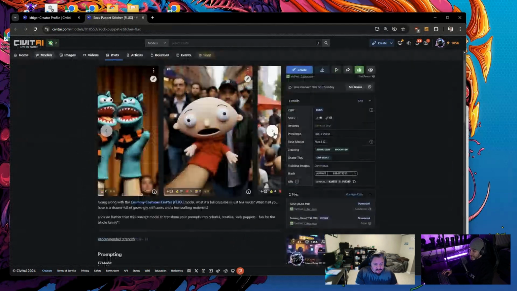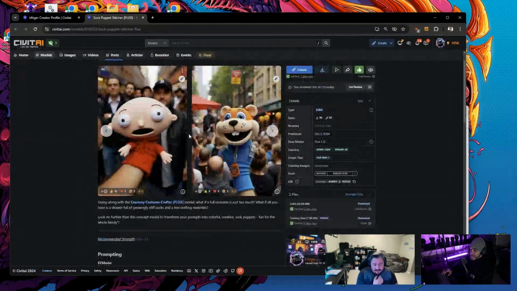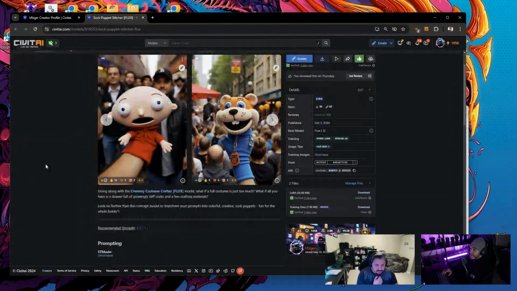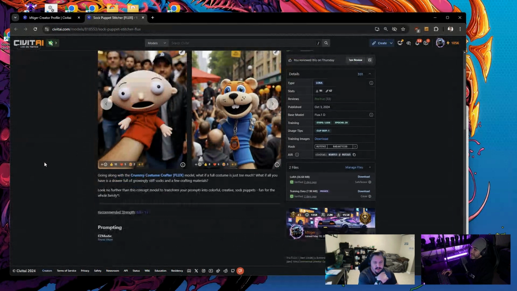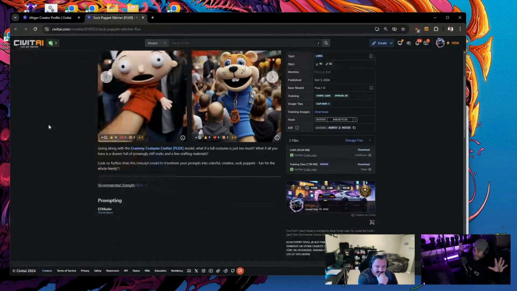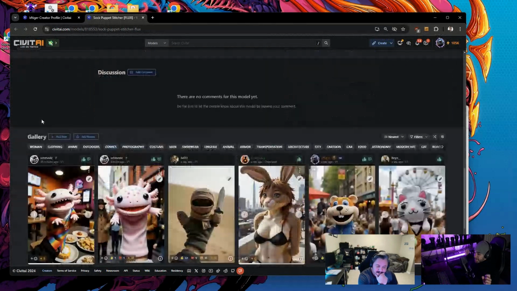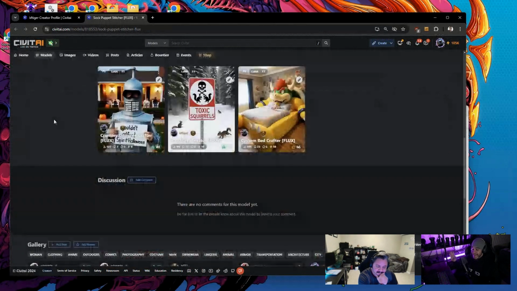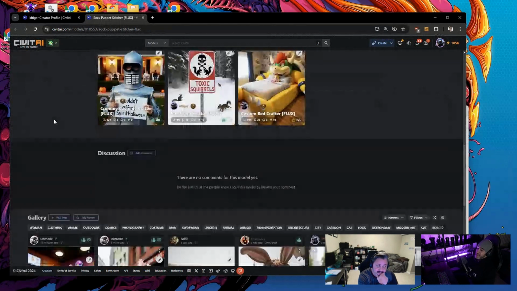The hand puppets look really good, though. I would say that's a concept. The way it grabs them so well just blows my mind every day as I'm scrolling through looking at the new Flux LoRAs.